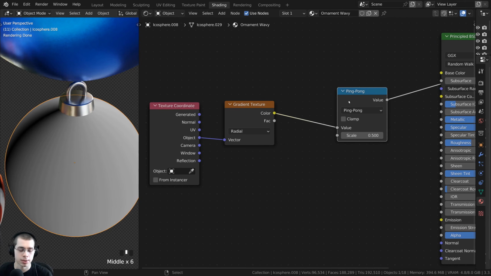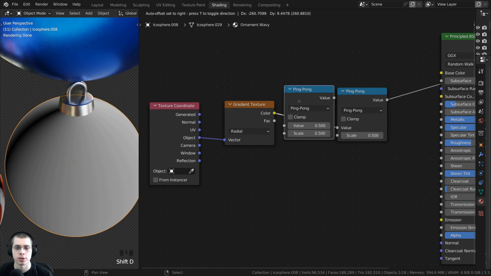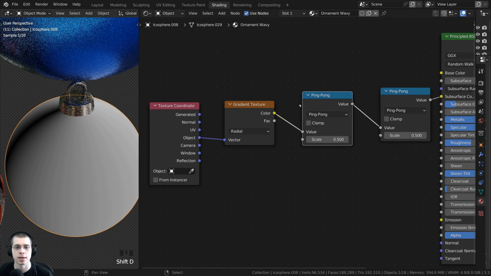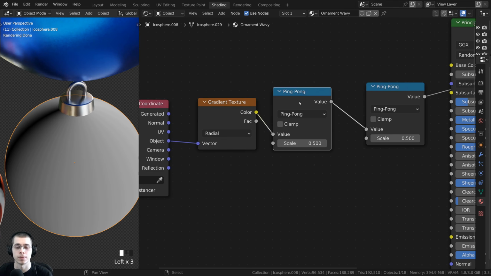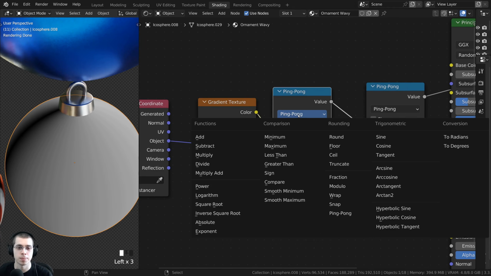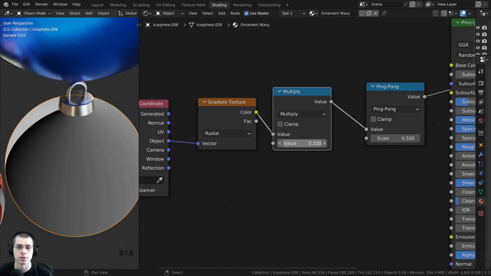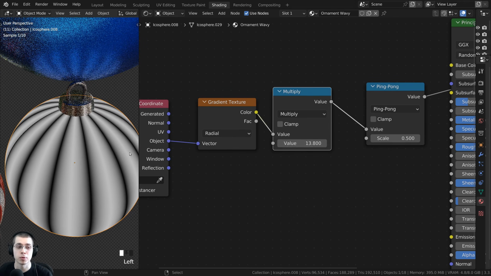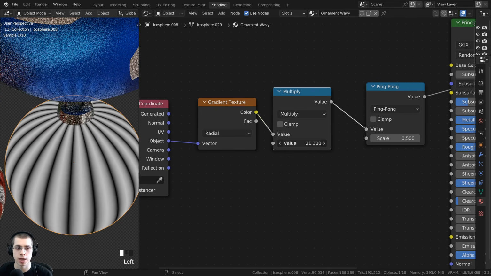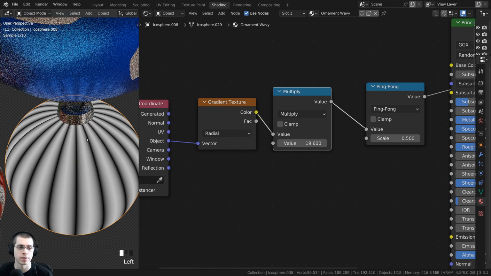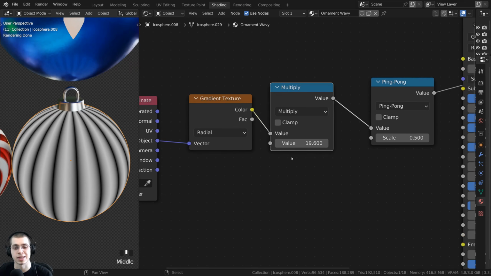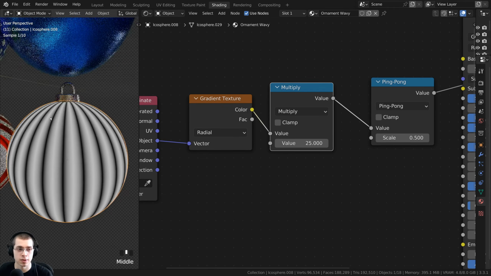So to do that, I'm going to click on the ping pong, and I can press Shift D to duplicate it, and let's stick it here before the first one. And then I want to click here to change the ping pong, and I'm going to change it to multiply under functions. So now if you turn the value up on the multiply, it's going to basically duplicate it and move it around. So it's going to multiply those values, and now we have a bunch of different lines there. Now I want to click on the value, and I'm going to change it to 25, so there are 25